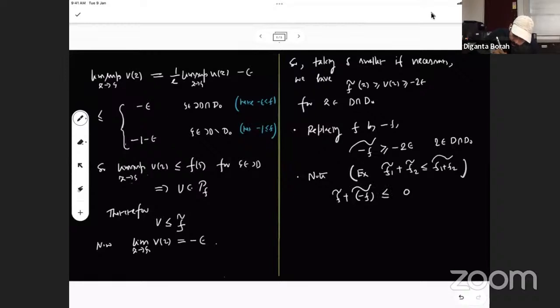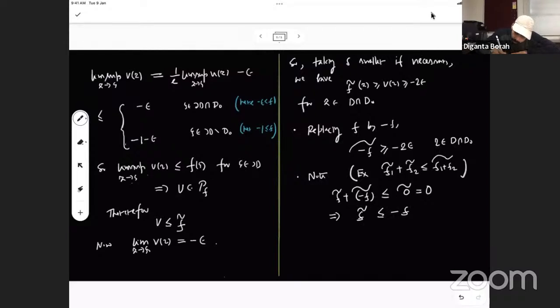So the boundary function is now 0 tilde. If your boundary values are 0, you have a solution, right? 0 is the solution to the boundary value 0. So in this case, the Perron solution will coincide with the solution. So this is 0. But this immediately says that F tilde is less than or equal to